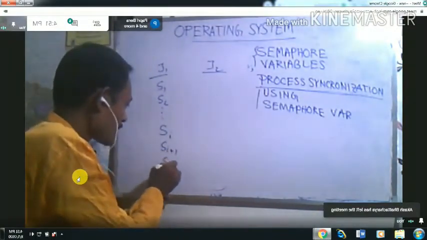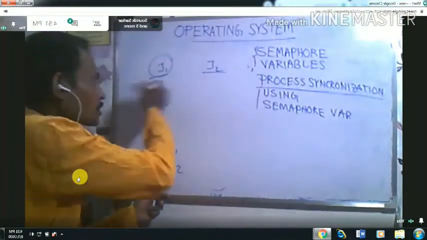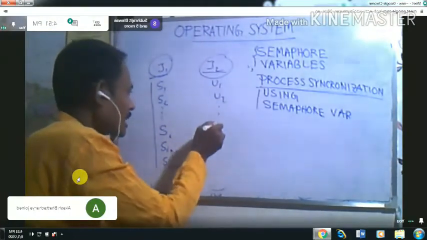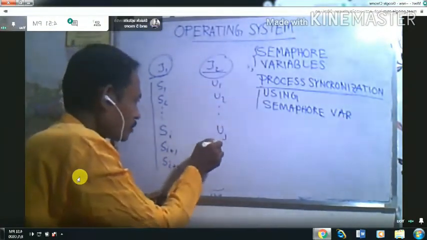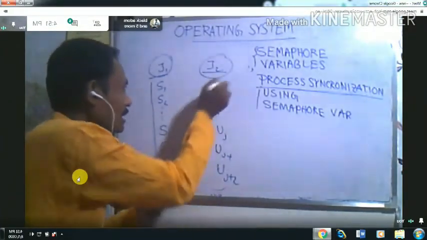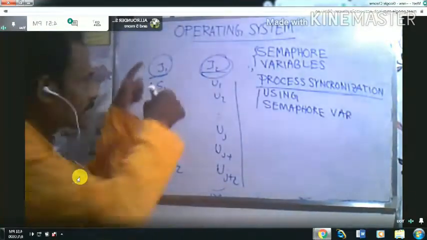All these statements are for this particular process, and for the other process there are U1, U2, and suppose UJ plus 1, UJ plus 2. All these are the statements for that process, and these two processes will execute concurrently.